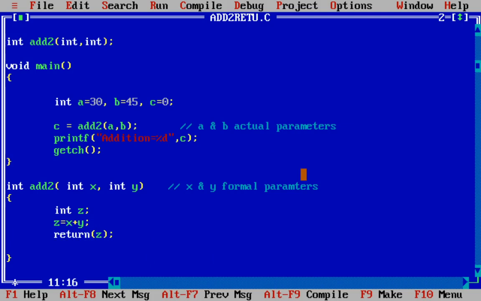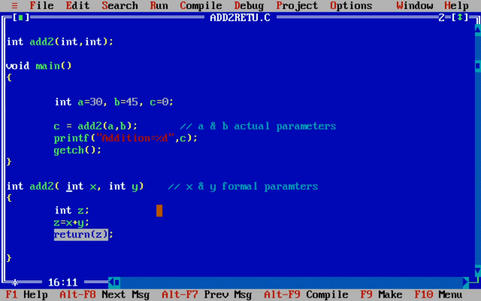Okay, but we have also said that the return statement is used to return the control back to the calling function. It can take a value while going back, but it can return only one value. You cannot write like this, for example, we cannot return multiple values in a return statement. This is totally wrong. The return statement can return only one value.